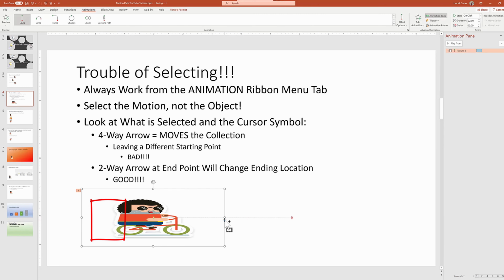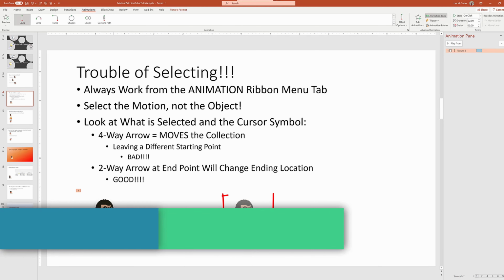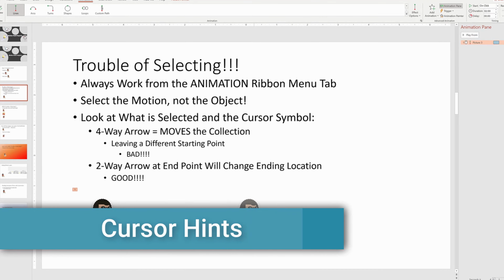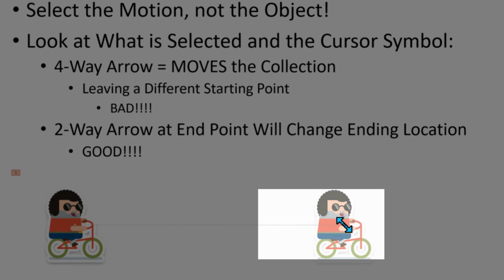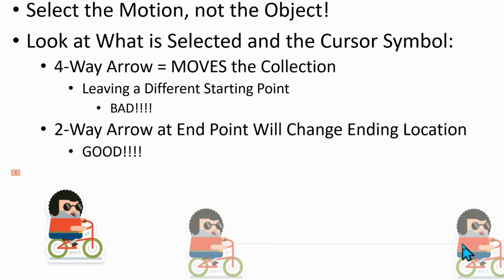I will undo the stretching of the biker object and this time attempt to locate and then click the path. I know I have the path selected as the ghost image shows up. Now let's see the difference between the diagonal two-headed arrow versus the four-way arrow. The two-headed diagonal arrow indicates that I'm about to move the endpoint to a new location, but the four-way arrow means I am moving the whole collection path as a single unit to a new location, both starting and ending